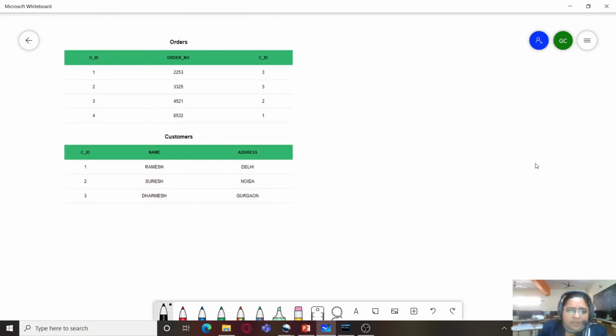Now we will first create the customers table. So we will use create table customers, CID. Let's take small int as the data type, and this will be a primary key here.